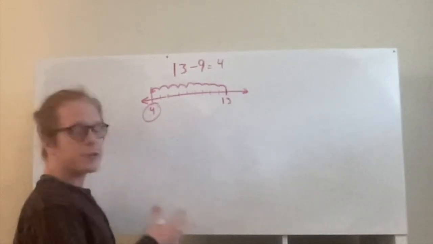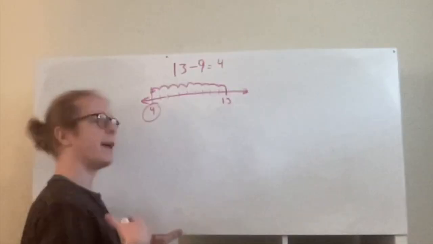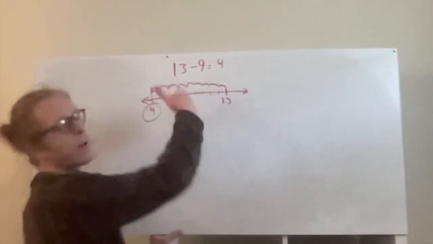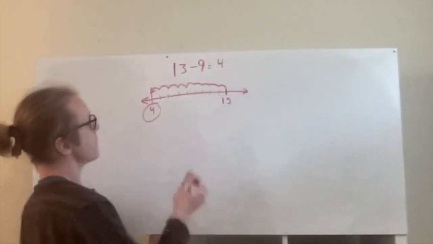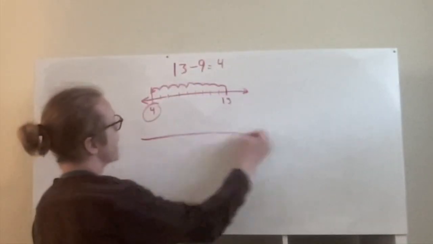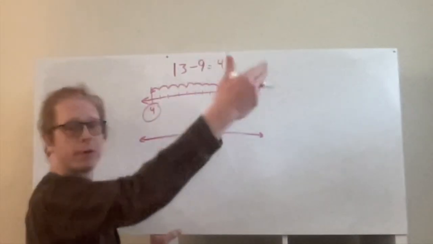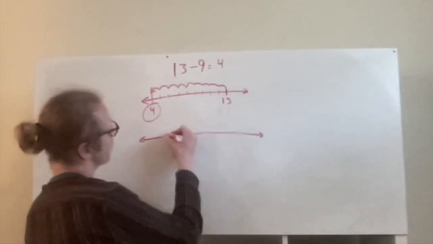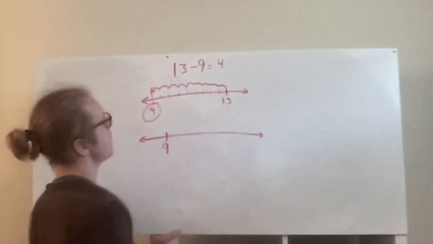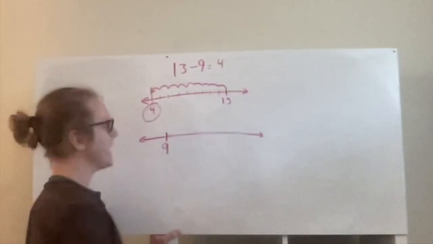And what I want to introduce to you all is that we can actually think about subtraction instead of as taking away. You could think of it as how many more do I need, right? So instead of starting at 13 and counting backwards 9, if we ask ourselves how many more, if we think about subtraction as counting up instead of counting back, we're really saying with 13 minus 9, okay, I'm here at 9. How many more do I need to count to get to